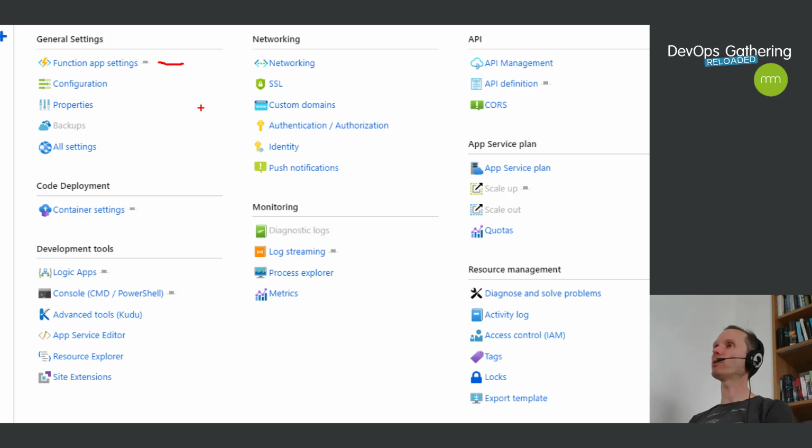Unfortunately, I only have 1 hour of time, so if you are interested in this topic, please look it up in the documentation. There is a separate chapter about how to integrate Key Vault with Azure Functions. Just remember Key Vault, and you will find all the necessary information in the docs. A little bit of configuration and so on. Let's talk about the networking stuff. Networking is important because it's super important that you are able to connect your functions in the cloud, for instance, with a virtual network that might even be connected to your enterprise network through a VPN, a virtual private network. So it's important to have the possibility to build hybrid solutions here.